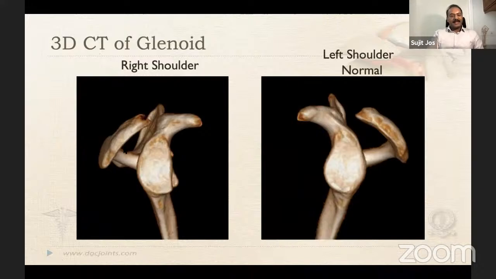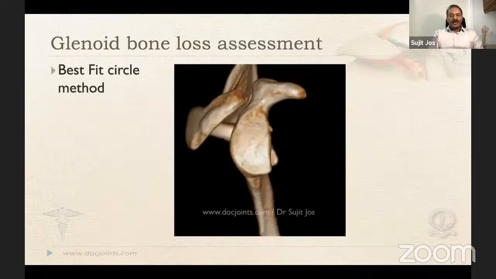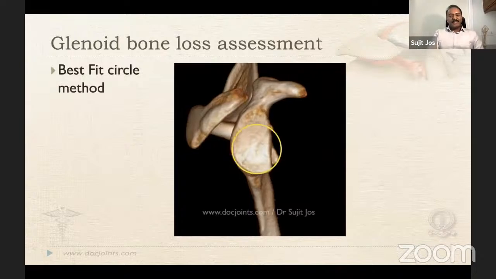And that's the right glenoid and the left glenoid there. You can definitely see there is bone loss, but then it would be in the gray area whether we should go ahead with a bony procedure or a soft tissue procedure. We went ahead with the best fit circle method. That's a circle made in the inferior glenoid, and the vertical line there.